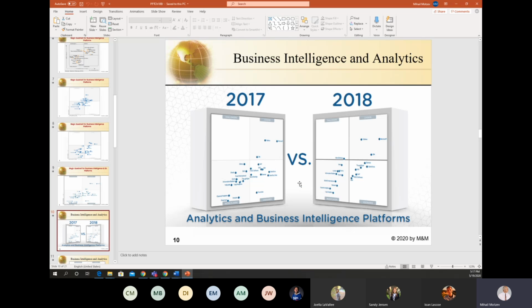If we compare 2017 and 2018, we'll see that again the number of visionaries from 2017 now either move to niche players or they try to catch up with the leaders, and not too big a number of leading visionaries remain.